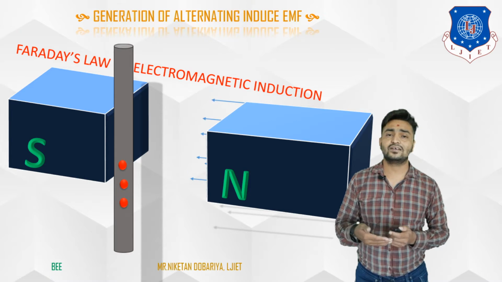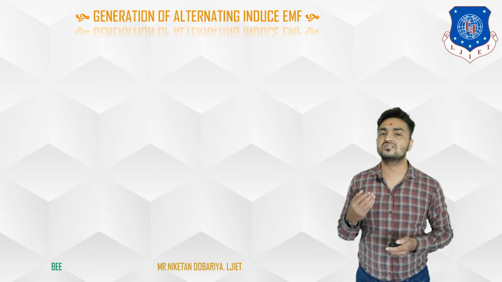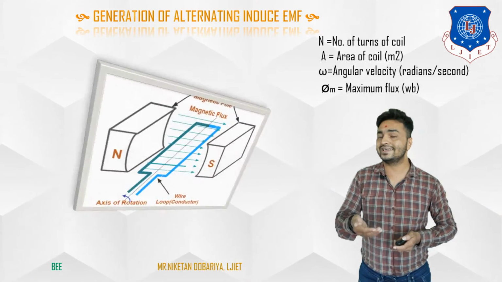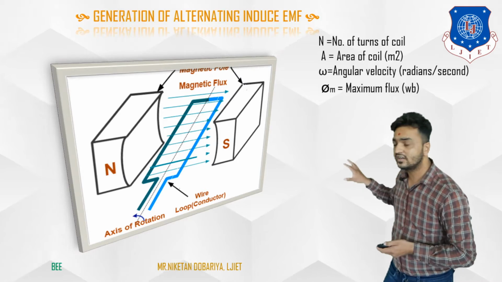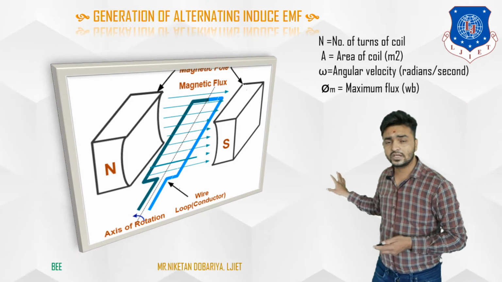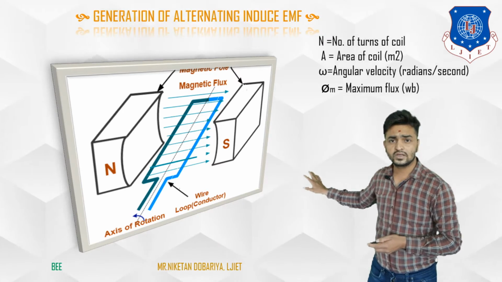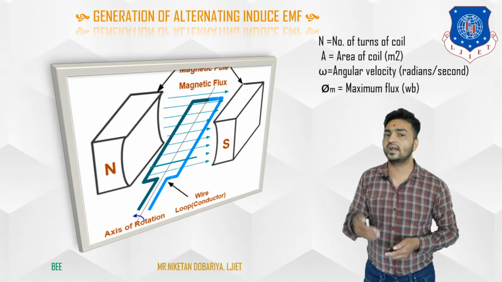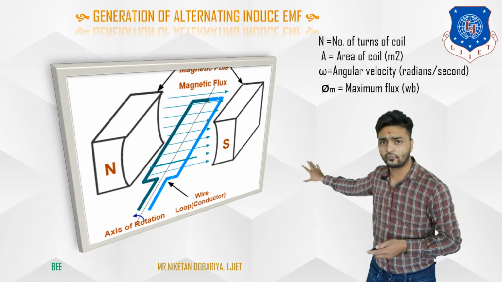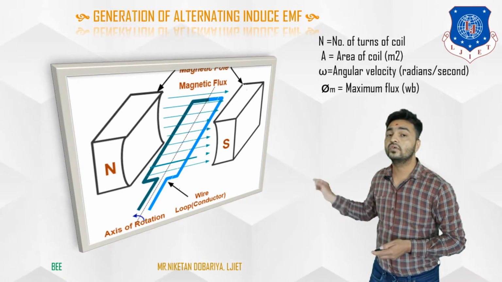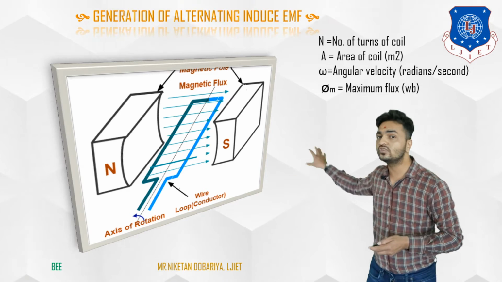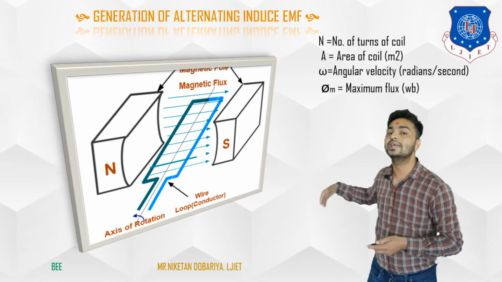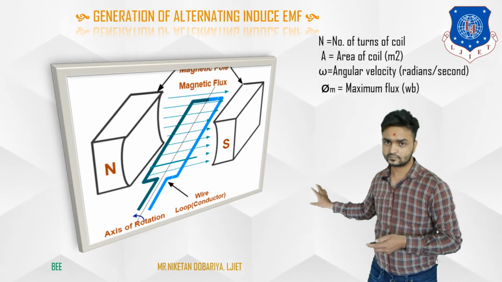Now let's discuss how we construct any generator. When we observe any AC generator, the basic structure of that generator is indicated by this figure, in which we have an N and S pole, and because of that we have produced a magnetic field. Instead of a single conductor, we have arranged a coil in this magnetic field. When we move or rotate this coil in the magnetic field, we provide variable flux to that coil, and because of that EMF will be induced in this coil.